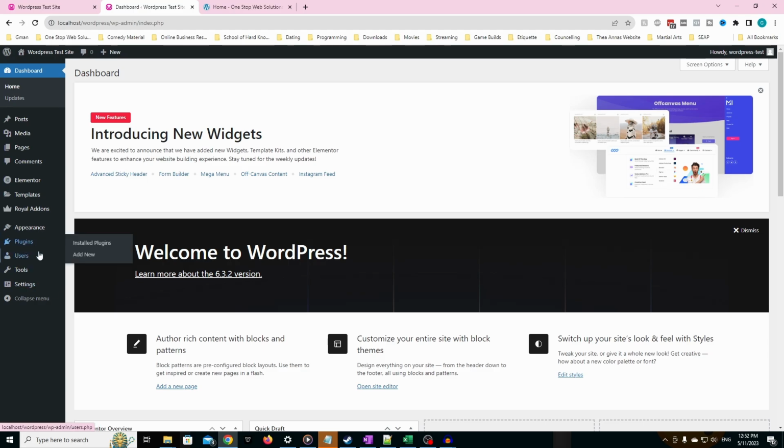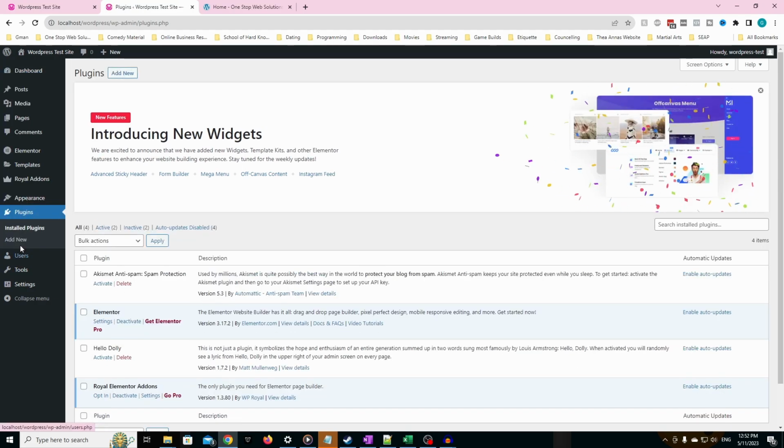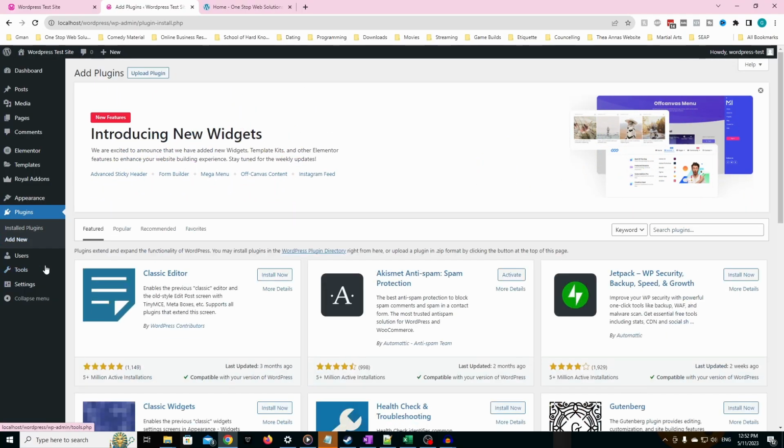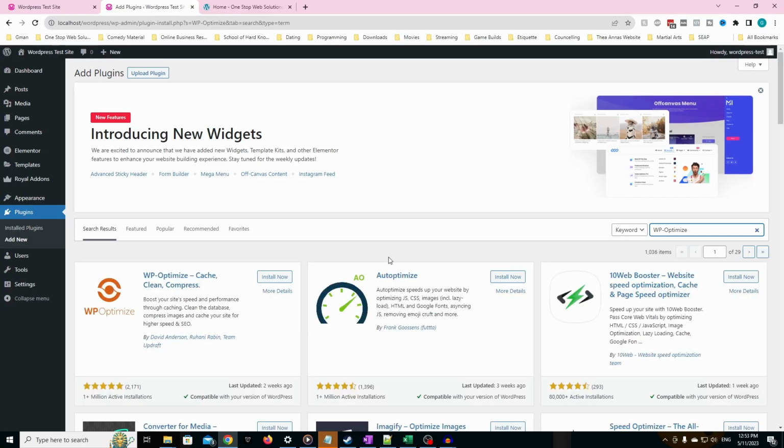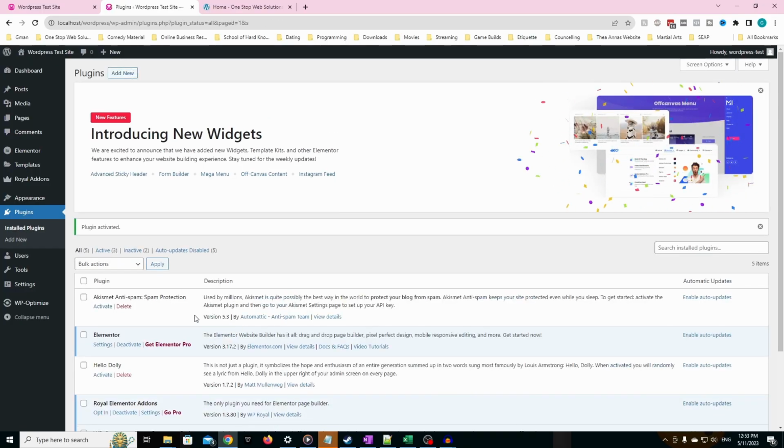So what we're going to do is from the dashboard, we're going to go to plugins. We're going to click on add new. And the first one that we're going to install is Wp-Optimise. And it's this one here. We're going to install it. So that should install shortly, and then we're going to click on activate, and that's done. So we're going to click on add new,